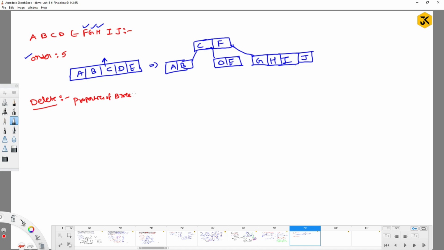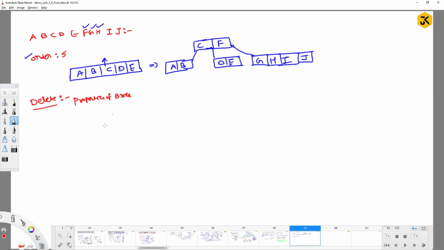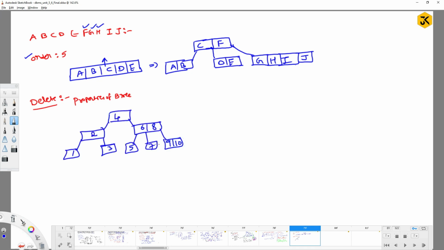For example, taking the earlier structure, if I try to draw this one and 10, right? Guys, if I try to delete the number 10, can I delete it directly? Yes, because even if I delete the data 10, there is no problem, because if I observe,